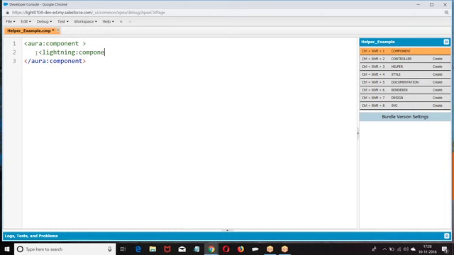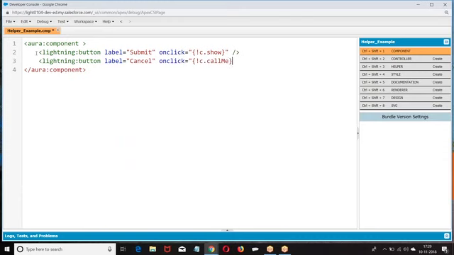Lightning button, label equal to submit, onclick c.show. Lightning button, label cancel, onclick c.call. There are two buttons that I have created.